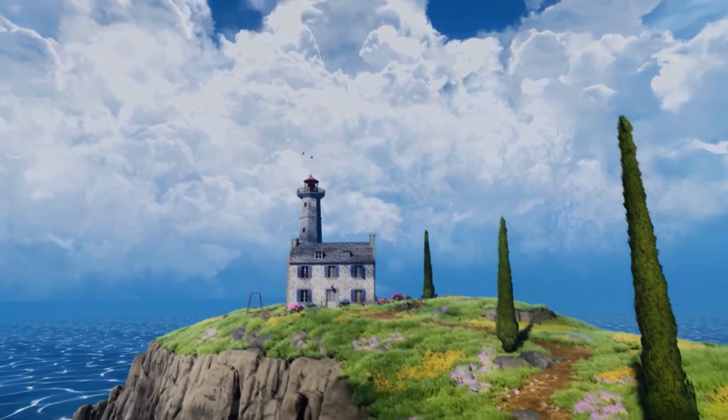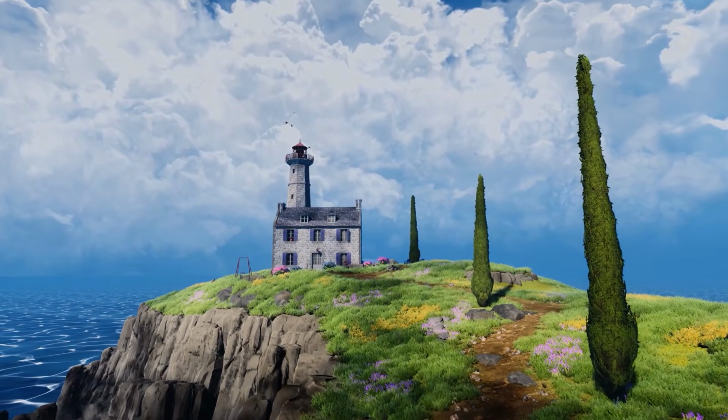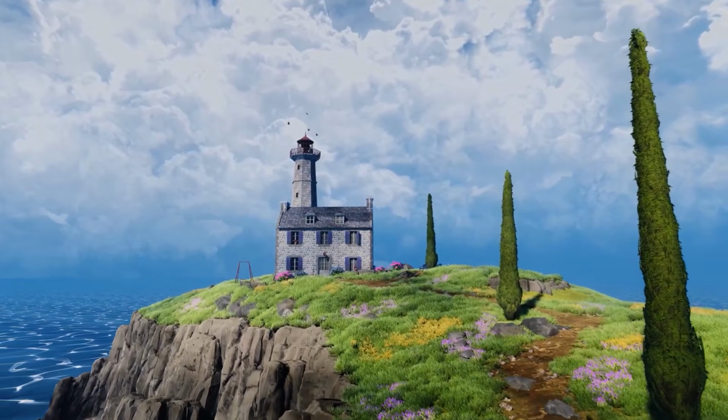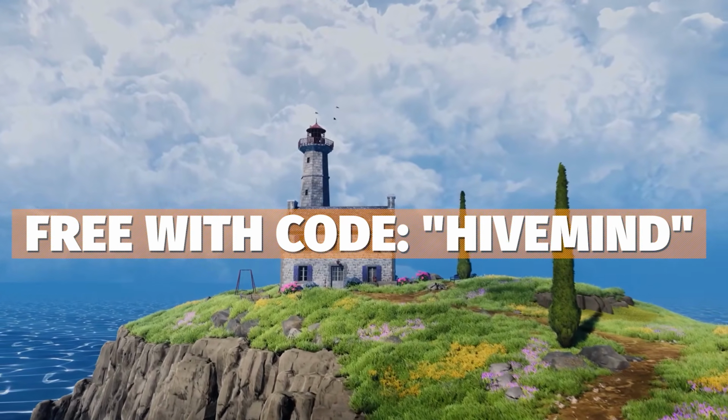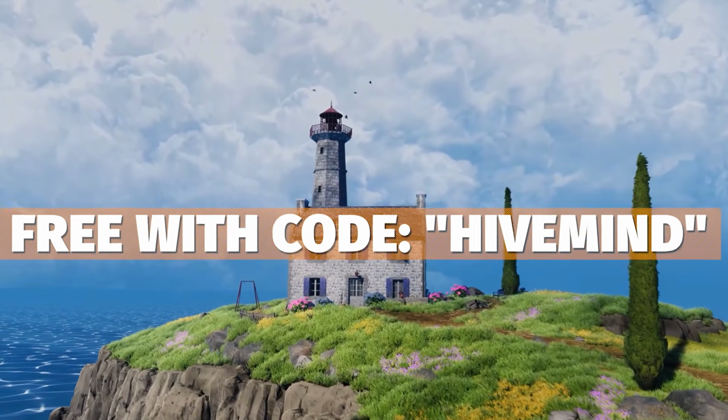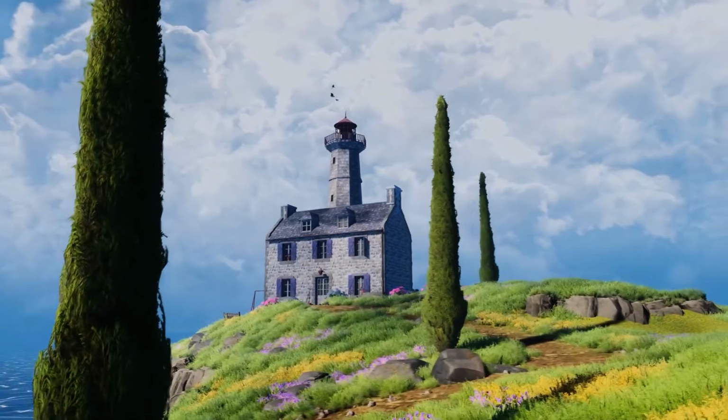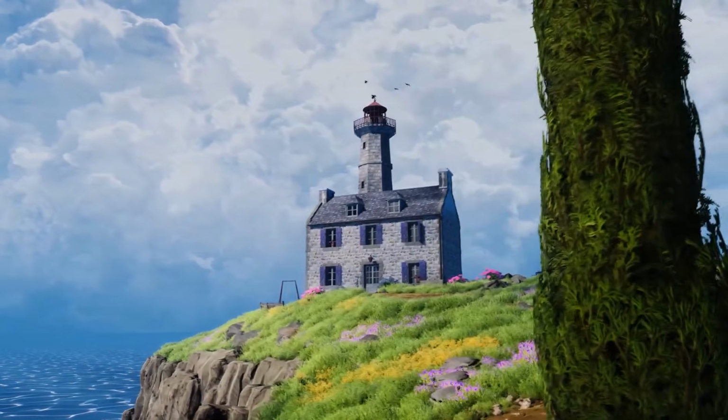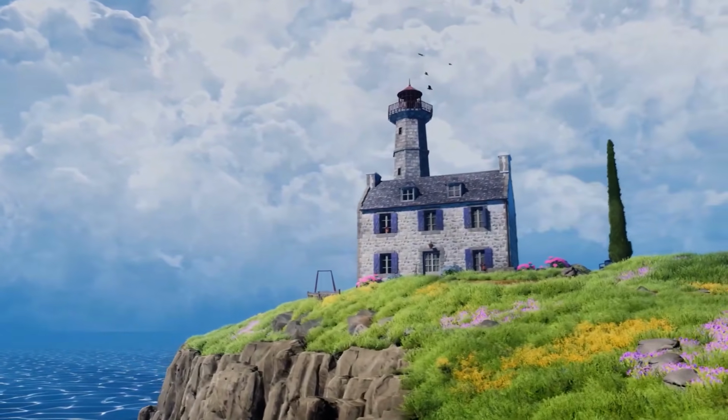miss out. Just before we get started, the free asset for this week is the House on a Hill environment by Hivemind, which is normally $29.99 and you can get this for free. It does include a library of foliage, sky meshes, a nice ocean shader, and some various models that you can